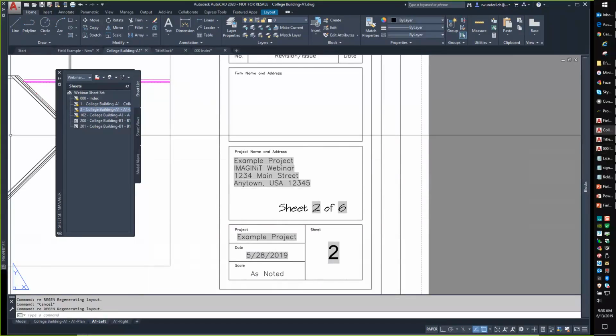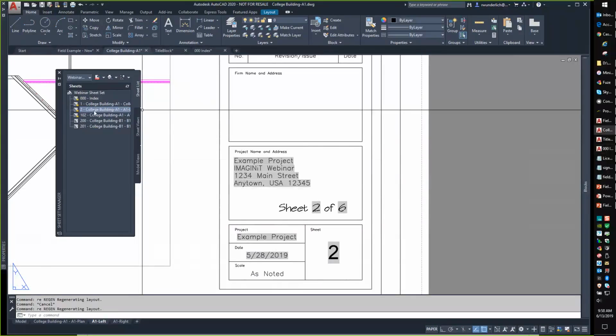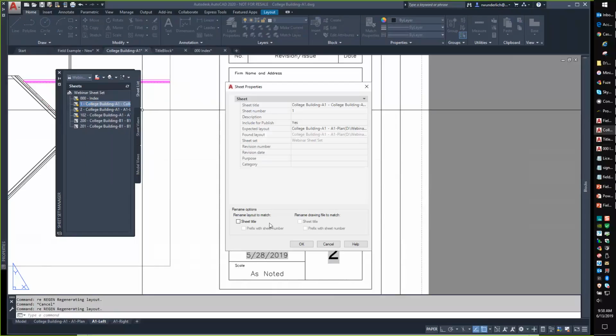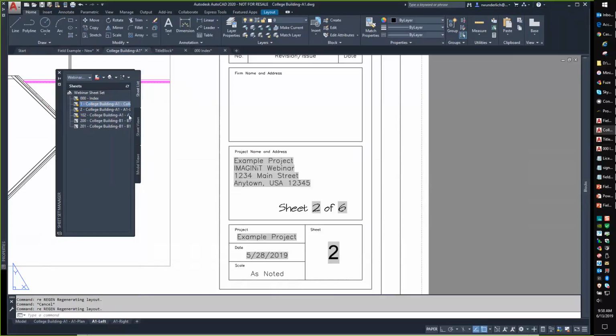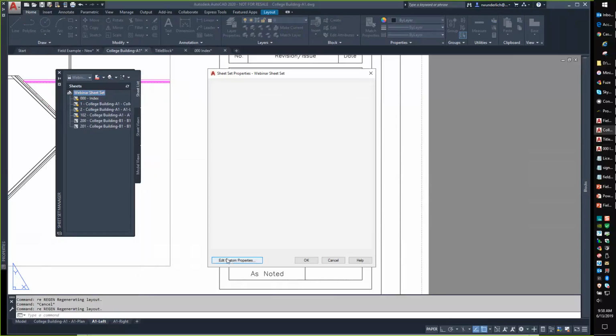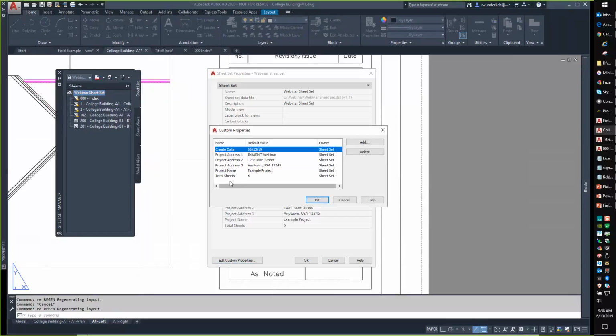But you lost sheet A102. That is correct, but what I could do here is I could do a couple of things. So I can go to the properties here, and I can actually create some individual information. So this is this sheet information. If I come back here, I can go to my properties, and I can add an additional custom field where I could be looking at a different value. So I've got total sheets, and maybe I just add one here called,